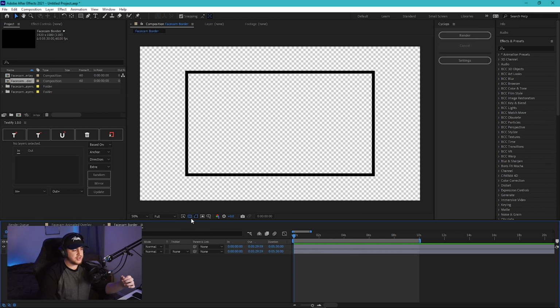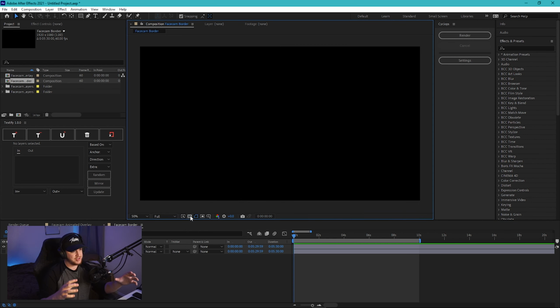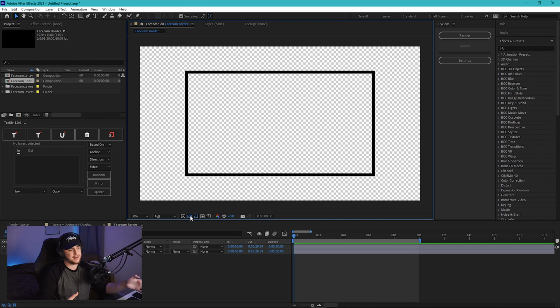the effects. So the first thing I want to actually introduce to you guys is the toggle transparency grid. I bet you guys are probably wondering, how did you get that checkerboard effect and other things like that? When you click this, it shows you the non-transparent view, and then when you click it again, it shows you the transparent view of the face cam. So for now, I recommend clicking that and making sure that it is on transparent. That way you can actually see what you're doing to your webcam overlay.